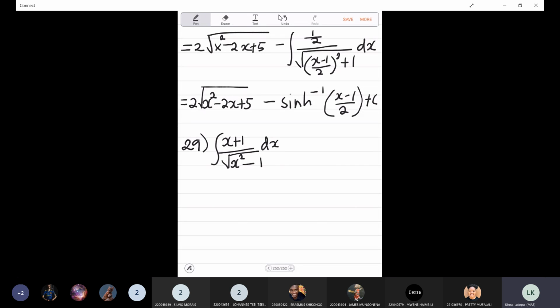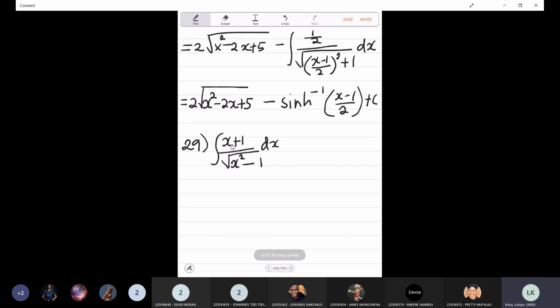So again, when we have a linear term like this, we want to split it up so that the first part is the derivative of what is here in the denominator, and then the second part we will use our inverse functions to work it out. So this one is pretty simple to do